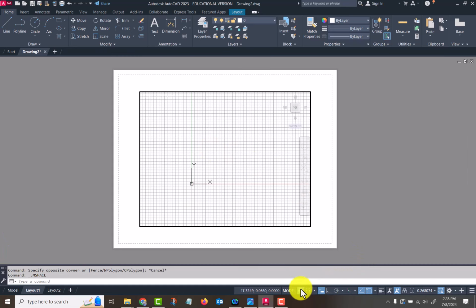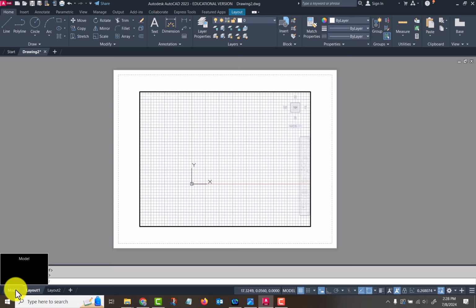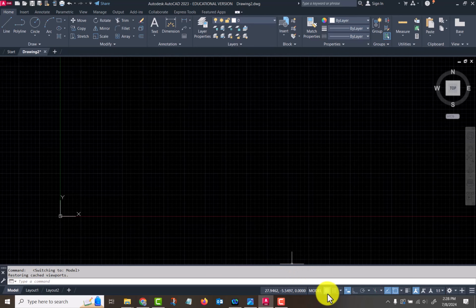So if I were to turn grid off, it gets totally turned off. Okay. So I like to keep the grid on because it gives me something to visualize as I'm drawing and as I'm working. The next button over here is your snap mode,